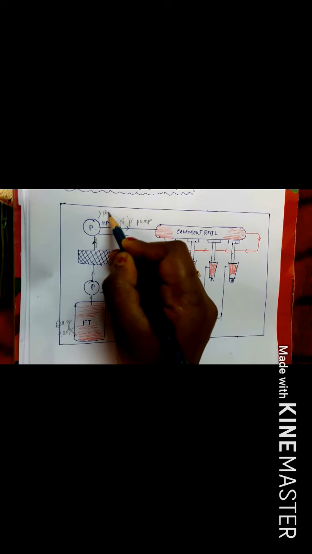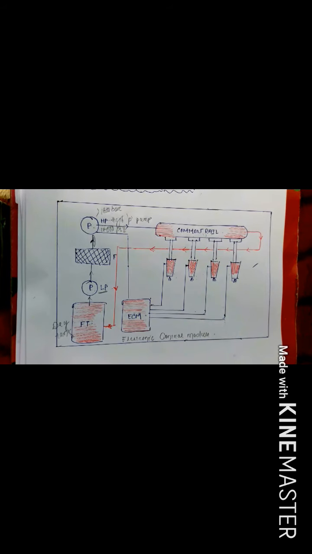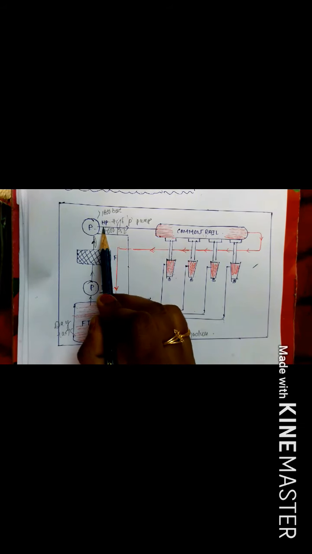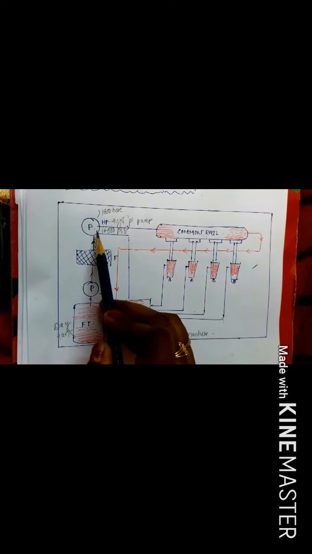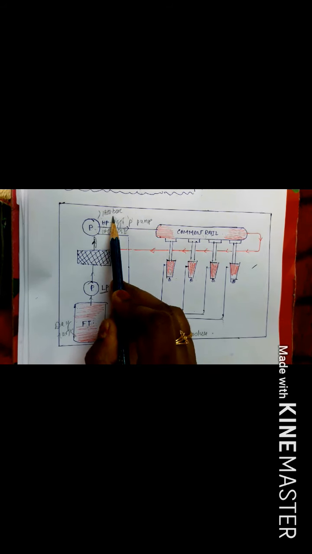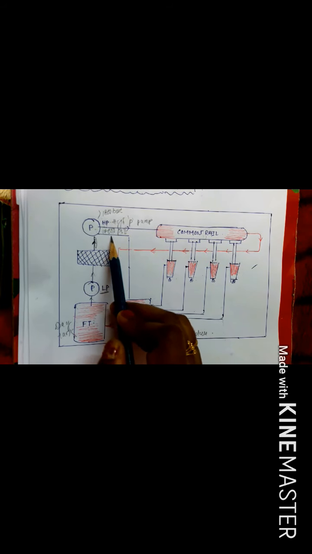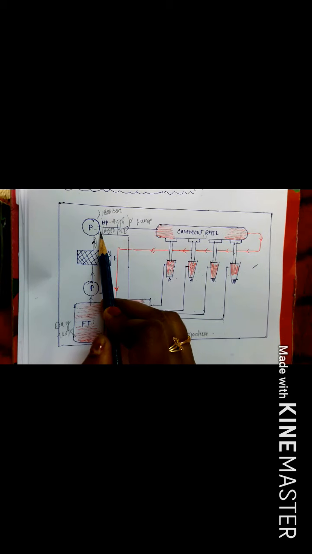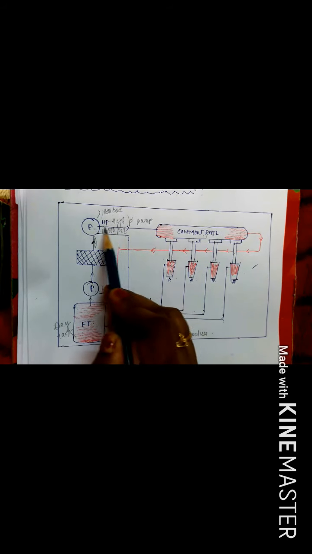Generally the high pressure pump increases the pressure to more than 1800 bar, or 18,000 psi. Psi means pound of force per square inch. The main function of the high pressure pump is to increase the pressure of the fuel up to greater than 1800 bar, maintaining 18,000 psi. After the pressure is increased, the fuel is transferred through this pipe and carried forward towards the